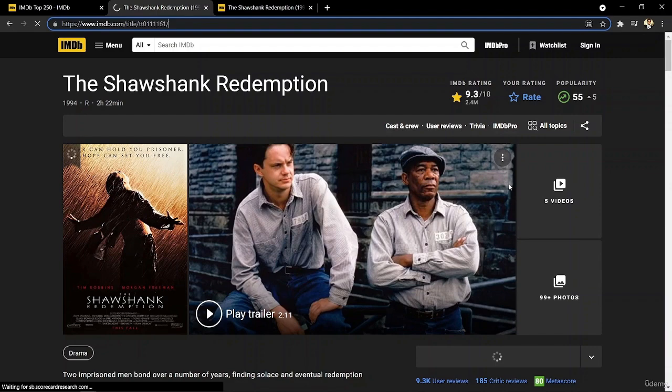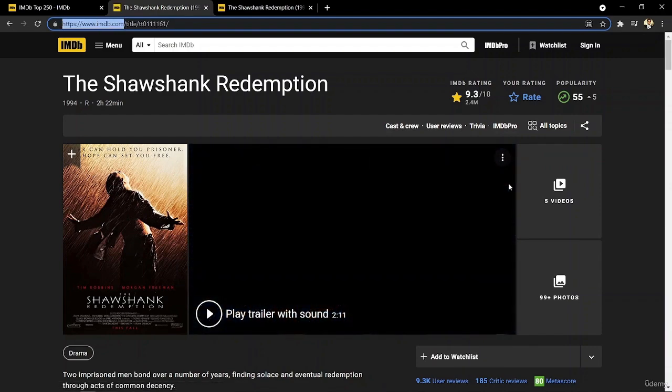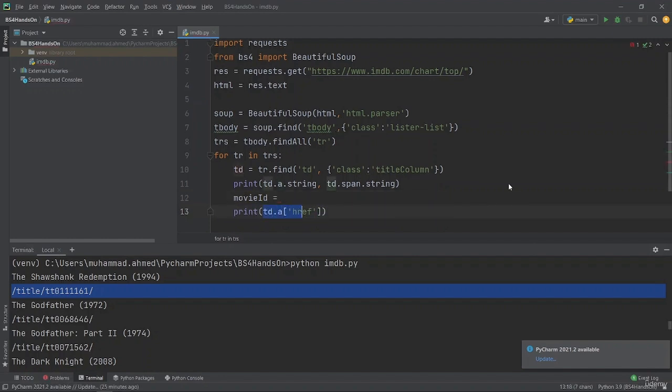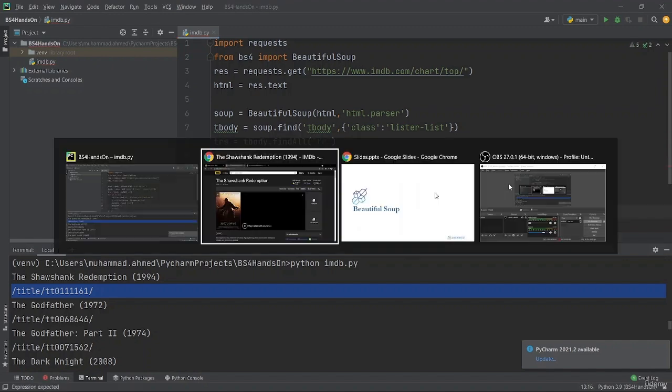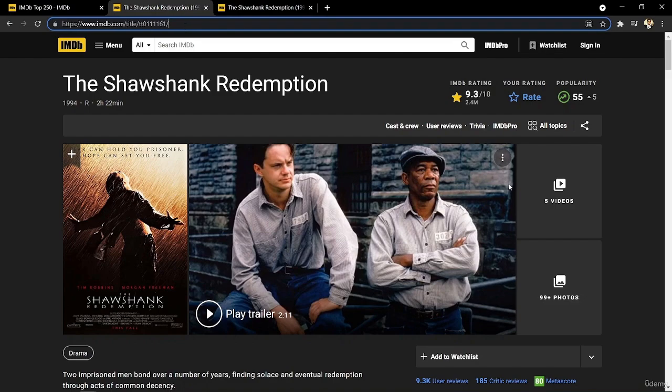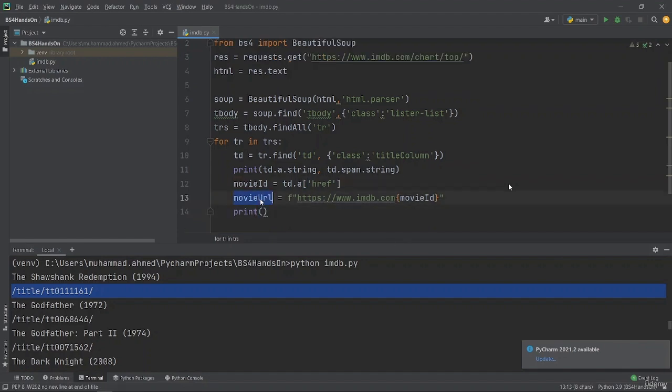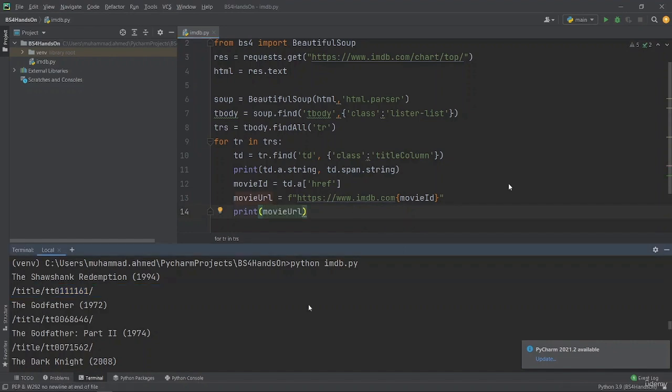Now the only thing we have to do is append this stuff at the start of the URL and it will become a complete URL. So let's make it movie ID and save this variable over here. Then we will go for movie URL, copy this from here, paste it over here, and instead of this, we want to use this movie ID. We need to refer to it in f-string notation. So if we write the movie URL over here and run it,